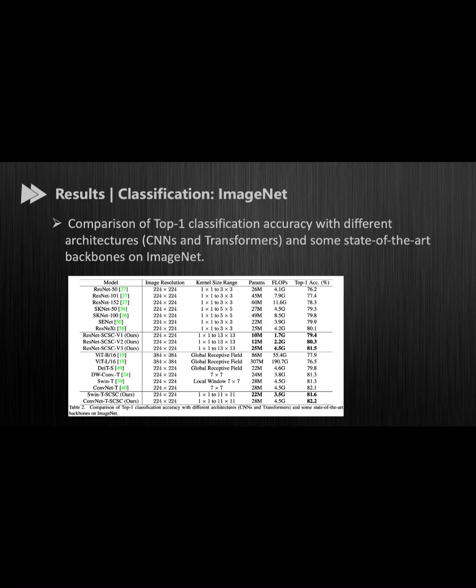For image classification, we take classical ResNet 50 and state-of-the-art SWIN transformer as the backbone to evaluate SCSC by replacing their original components respectively. As can be seen, for ResNet SCSC v1 and ResNet SCSC v2, we use much less computational cost and parameters to obtain competitive results. For ResNet SCSC v3, with comparable model complexity, we successfully make the performance of a classical CNN architecture, ResNet, match